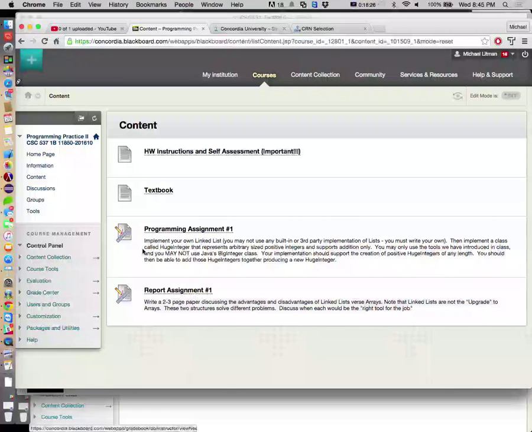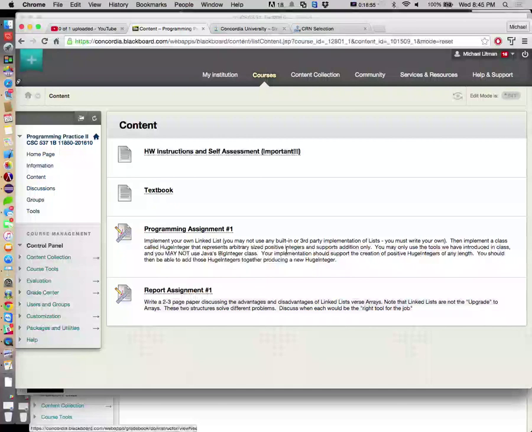Okay, so now here's the other side. Our programming assignment for next class, and we're going to start writing part of it here today. We're going to start writing our linked list part. So you're going to implement your own linked lists, which, like I said, we're going to start doing here. Like I said already, you can't use any third-party implementations of linked lists. You've got to write your own. So only things that we've shown here in class. Any abilities you need your linked list to have, you're going to write. I'm going to get you started today.